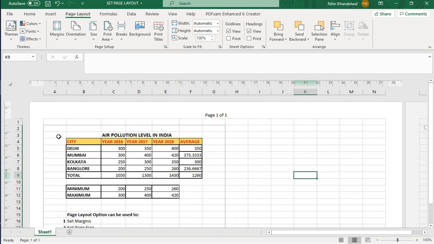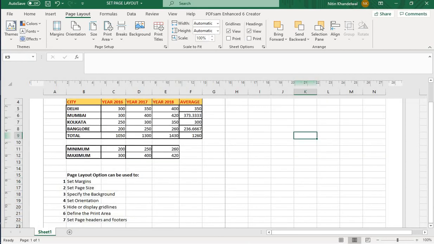So what happened here, see, the line will appear in the selection area that you have selected. So when you are printing this page, this part only will be printed. Now if you want to clear this print area, then same, you have to go to the page layout, page setup group, and clear the print area. See, here the line will disappear. Okay, so this way you can set the print area.